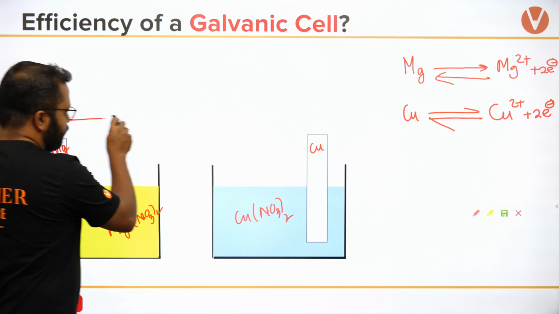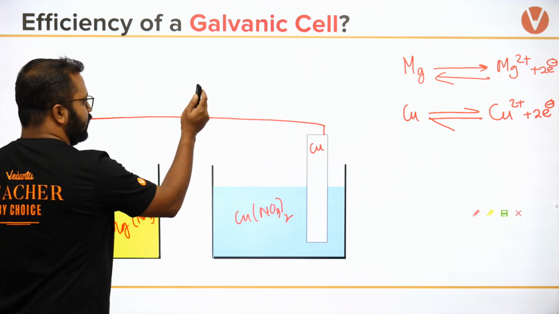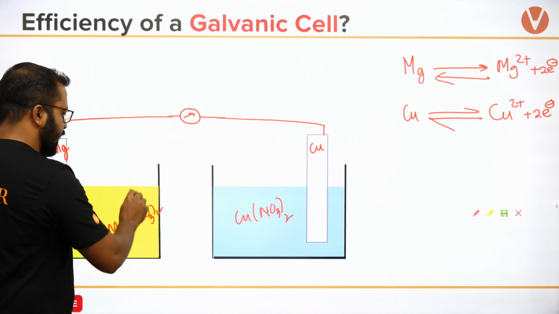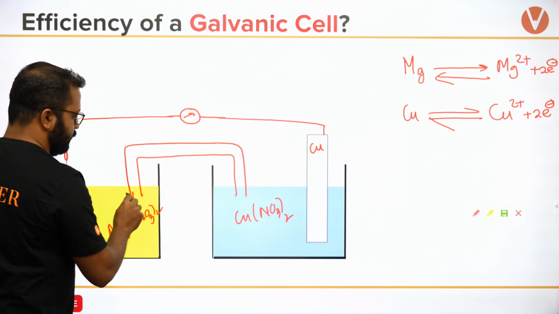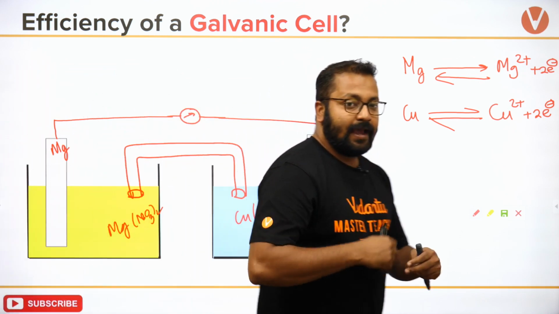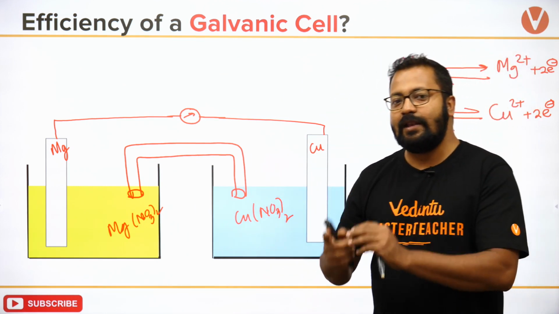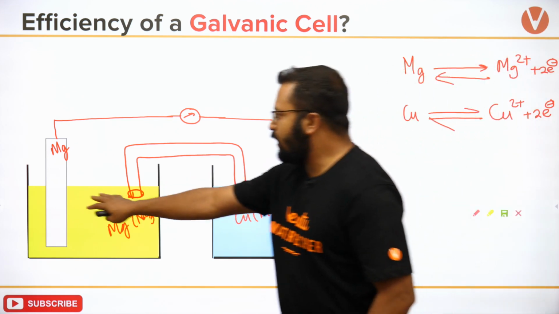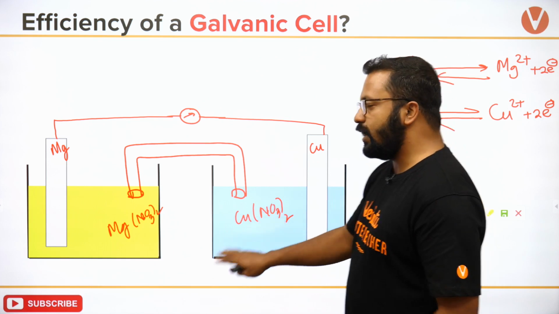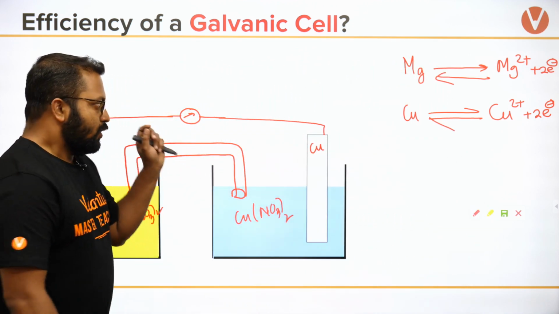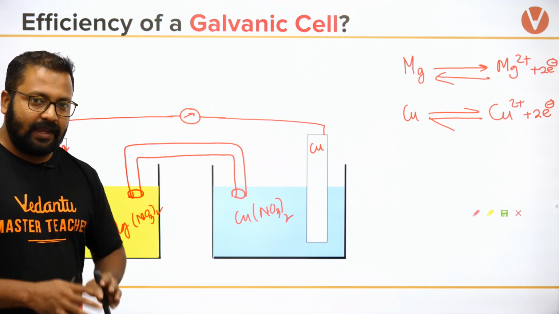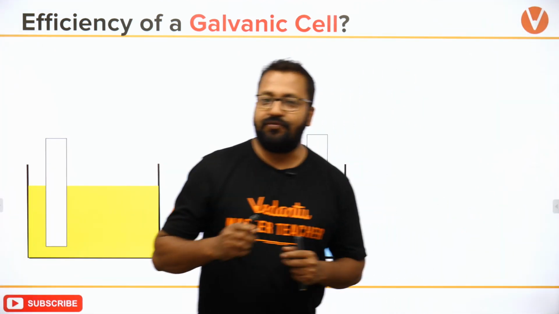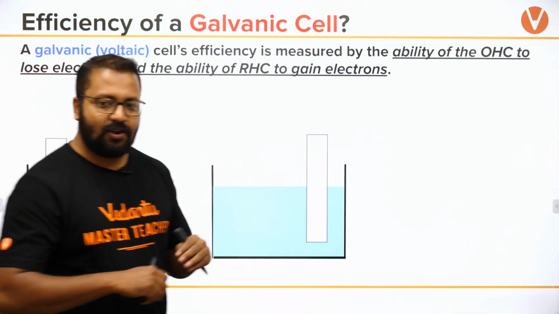So I will connect it with, I'll put a voltmeter over here and complete the circuit by putting a salt bridge, and the EMF that I measure will tell me that what reaction is happening, कौन सा reaction इन दोनों में हो रहा है, whether this will undergo oxidation and this will undergo reduction, or it will be other way around. The value of EMF that I obtain will be defined as the efficiency. Okay, so the galvanic cell or voltaic cell,